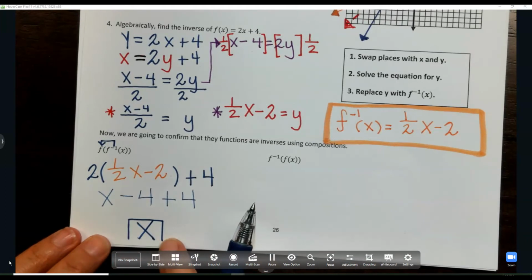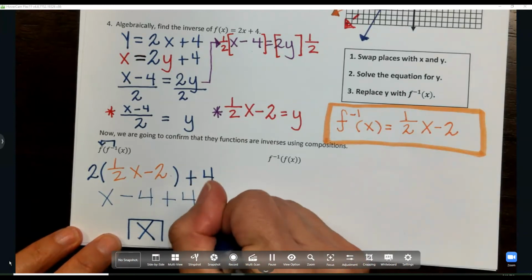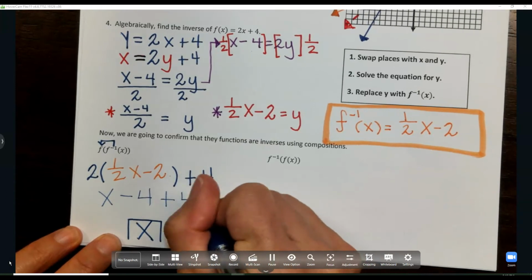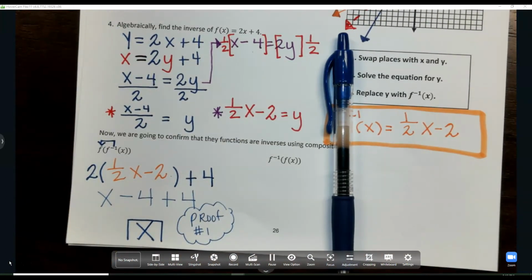If you don't end up with x, we did it wrong. So that's perfect. That's exactly what we want. So this is proof number 1. And guys, draw a little bubble around that because we have to do it all over again. Okay. So for the next one,